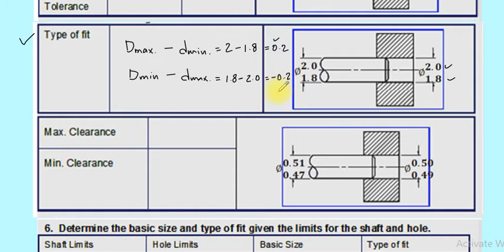Right? And this negative value indicates that it might be an interference fit, because when the shaft is larger than the hole, it is the interference fit. But the first quantity indicated that the hole was larger than the shaft. So when such a condition arises, जब ये होता है कि एक जो आपके पास क्वांटिटी है वो पॉजिटिव आ रही है और दूसरी जो है वो नेगेटिव आ रही है, तो इसका मतलब है कि ये एक ट्रांजिशन फिट है.